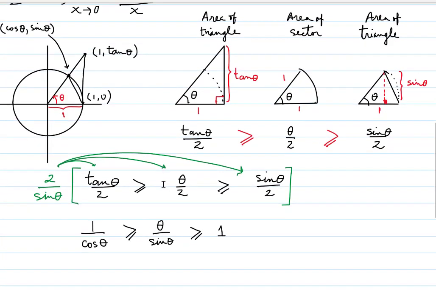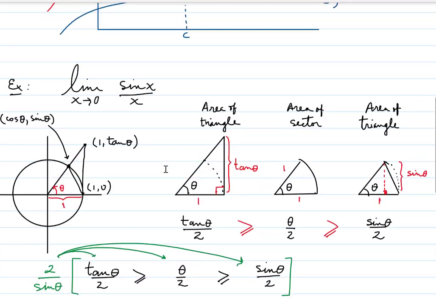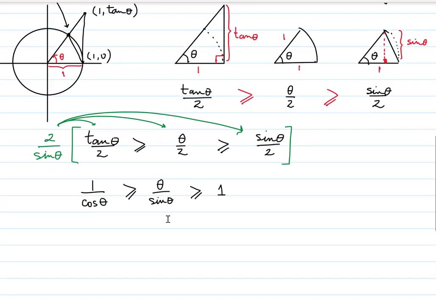So we almost get that middle part to look like this. We just have it flipped here. We have it the reciprocal. So to get it to look like sine x over x, or sine of something over that same something, we're going to flip everything here. So we're going to take the reciprocal of this. Now when we do that,